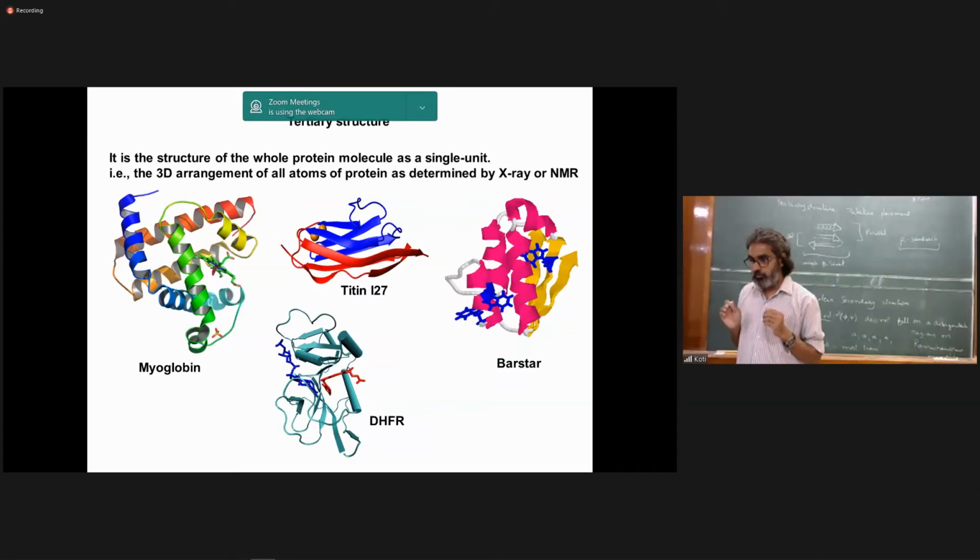Suppose I'm changing the solvent to something less polar than water. Then of course the orientations of the alpha helices are going to change. So what sort of changes will be considered as denaturation of myoglobin if it carries some other gases other than oxygen? Okay, so that brings me to